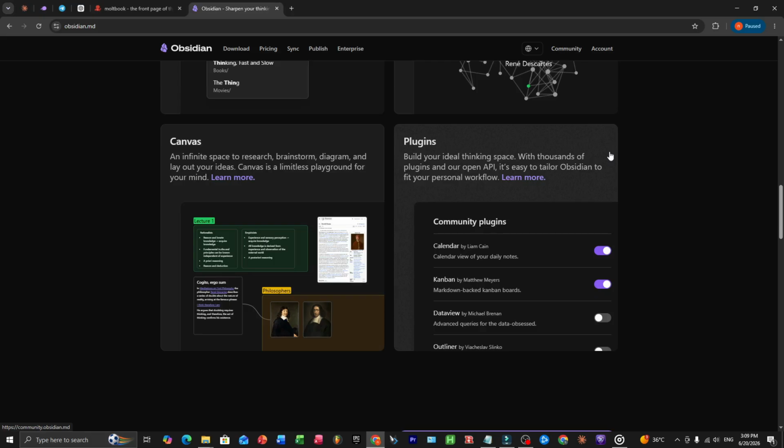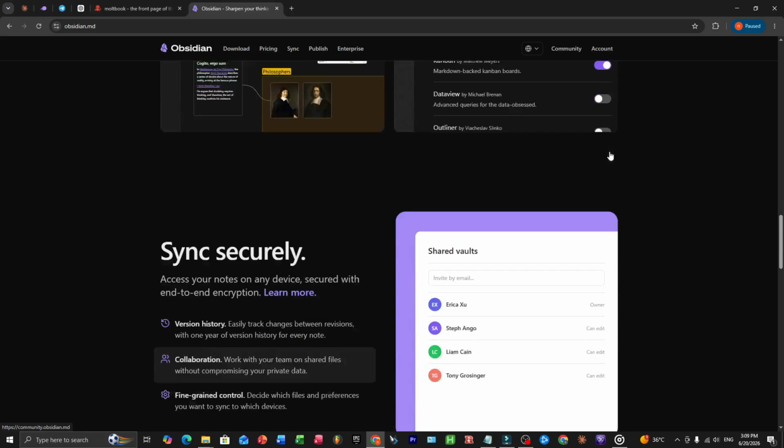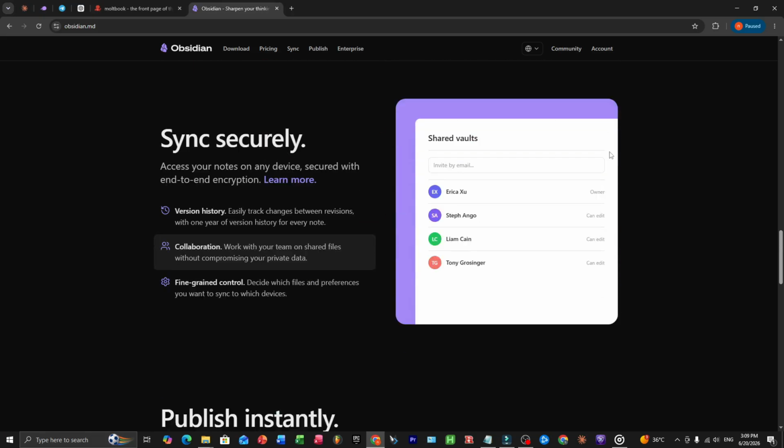Step 2. Create a template. Every time you have an important AI conversation, open a new note in Obsidian and follow this structure. Date, topic, the question you asked, the core answer, and the most important field of all, action items, what you're actually going to do with this. That last part matters more than people realize. Most people collect ideas but never act on them. When you're forced to write, "What will I do with this?" your brain shifts into a completely different mode.